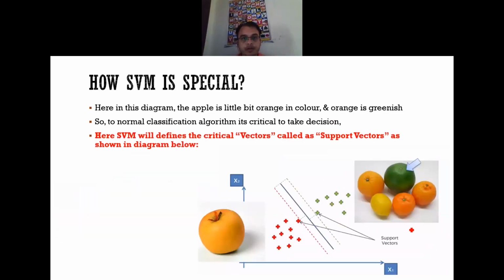Now why is SVM special? Yes, it is special because it gives me an idea about the actual mapping with respect to the hyperplanes. A hyperplane is nothing but a virtual concept which virtually separates two different objects or classes, and that separation is based on the available set of features. Hence SVMs are very special. Most classification techniques use the support vector mechanism.